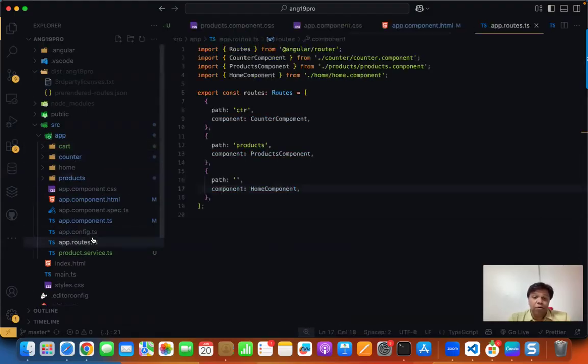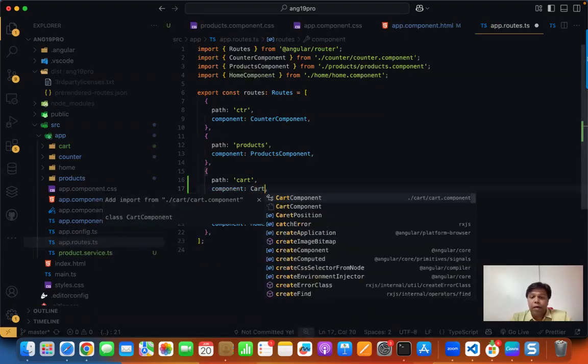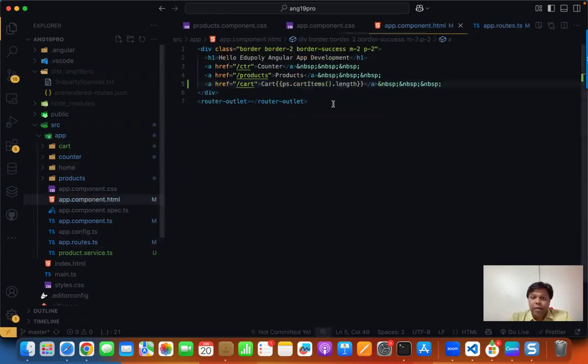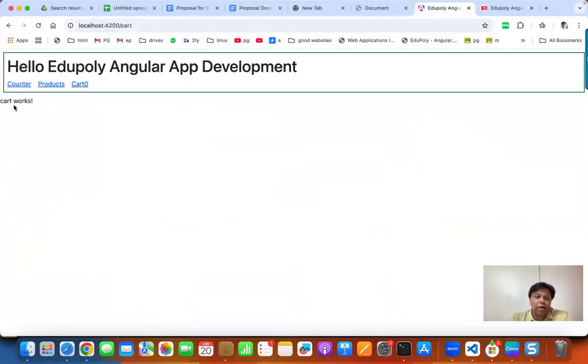And of course, I have to configure the routes. So when the path is cart, I have to load the cart component. Okay, relax. So now, even I will go back and I will check the route is /cart. So now when I click on cart, it is showing cart works. So my cart